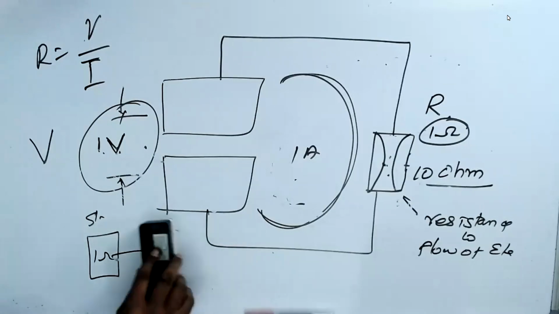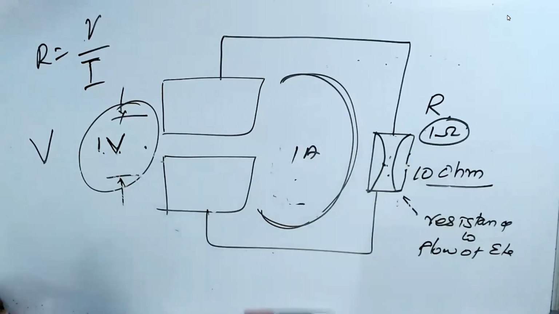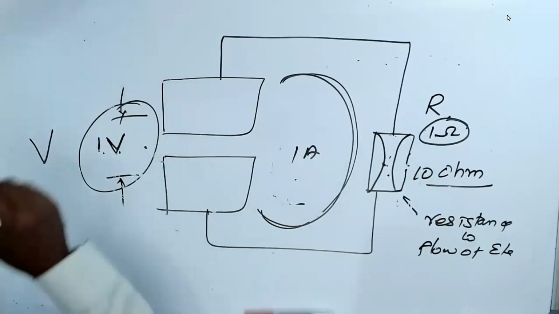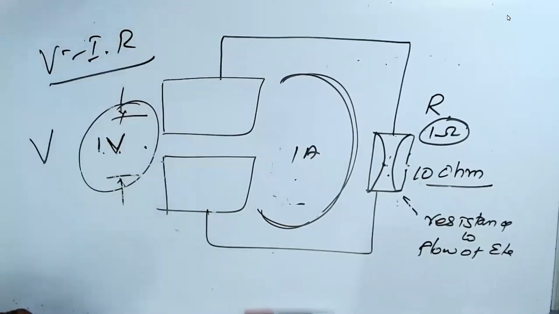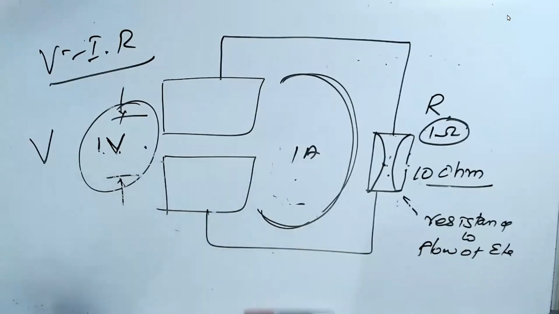But the first that came was voltage. Then came current. Then came resistance. Don't get confused. This is the original formula. But unfortunately, it's boring. That's why we call it V is equal to I into R. So this is the way they invented it. If you go back and read the history, then you will know that. That is not the true original. What you are saying is a later formula, which has been made for you. There are so many; I'll explain some more things also. They made things in such a way that you will be able to easily understand. They made things so easy for you.